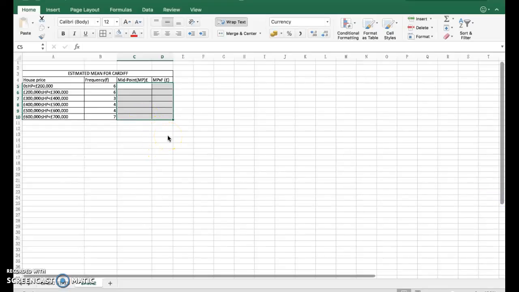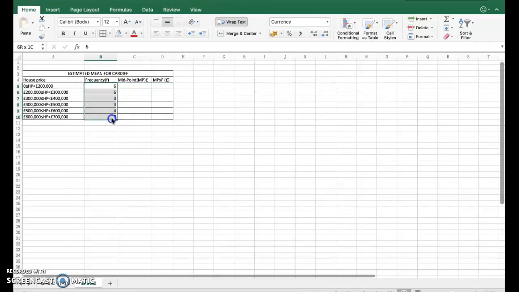Okay, we're going to look at some slightly more complicated numeracy now. If you really do understand this, it would be really wise for you to use estimated mean calculations in the controlled assessment that's coming up, when you do the financial literacy report. This is where we group data